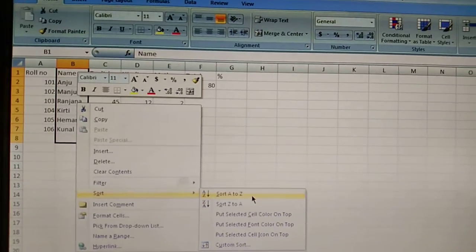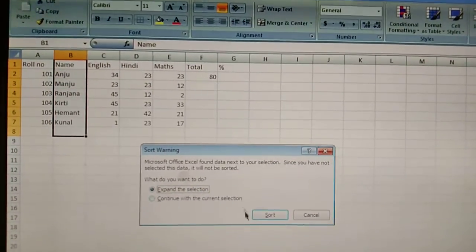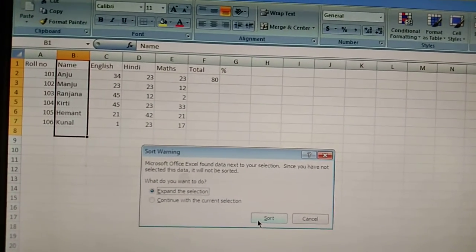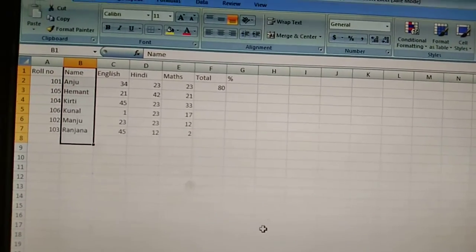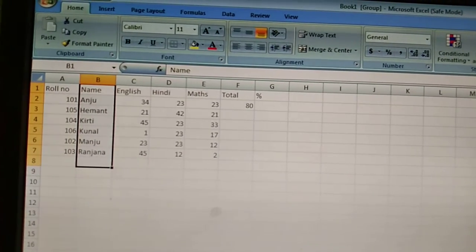So now let's click on this button. It asks whether I want to sort. Yes. So click on the sort button. So here is the result. Here there is an option of sorting data.